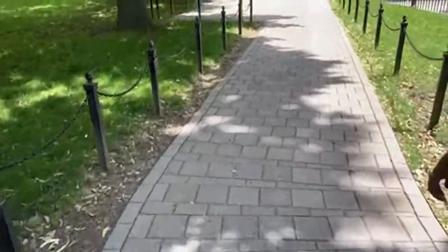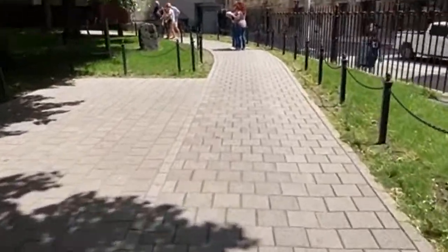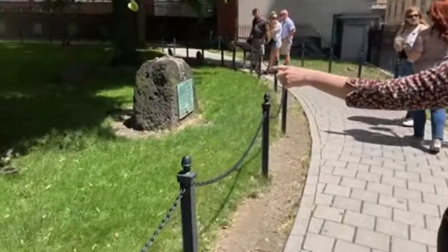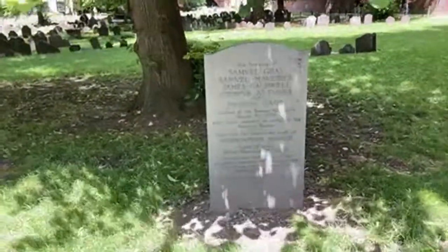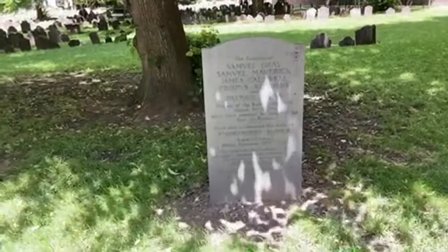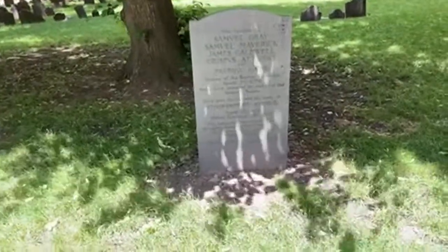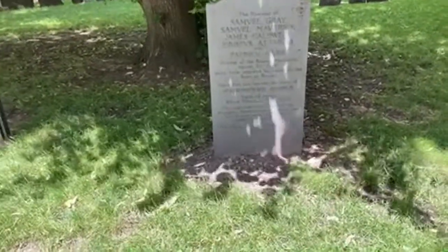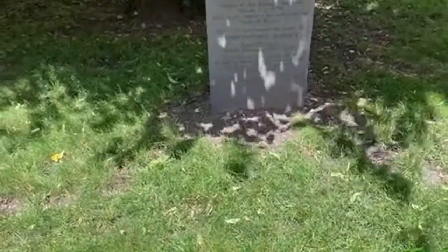Let's see. The King's Chapel has some burials. Oh, this is it right here. The remains of Samuel Gray, Samuel Maverick, James Caldwell, Crispus Attucks, sounds familiar, and Patrick Carr, victims of the Boston Massacre, March 5th, 1770. Here interred by the order of the town of Boston. Here also lies buried the body of Christopher Snyder, aged 12 years, killed February 22nd, 1770. The innocent first victim of the struggles between the colonists and the crown,